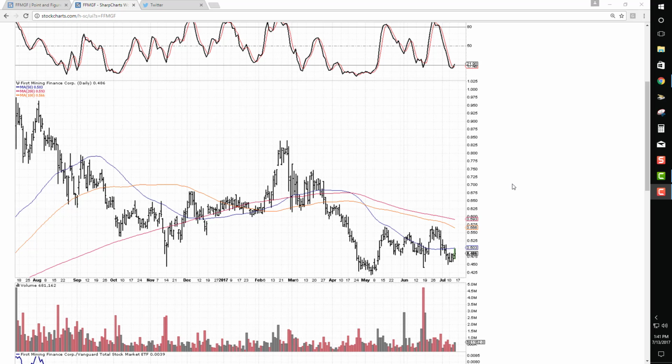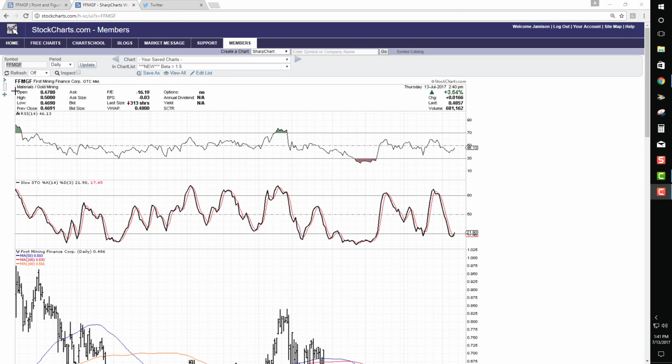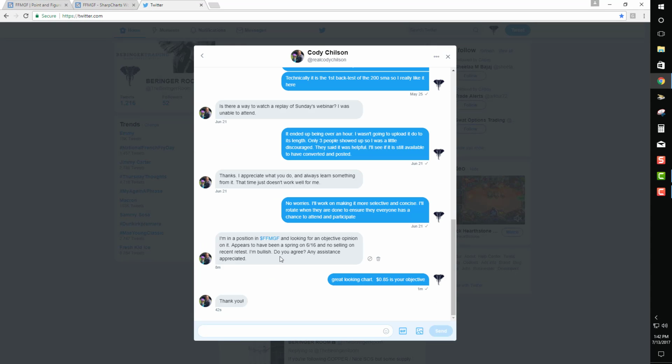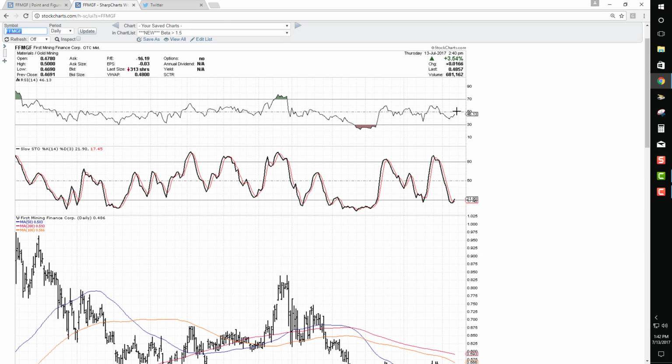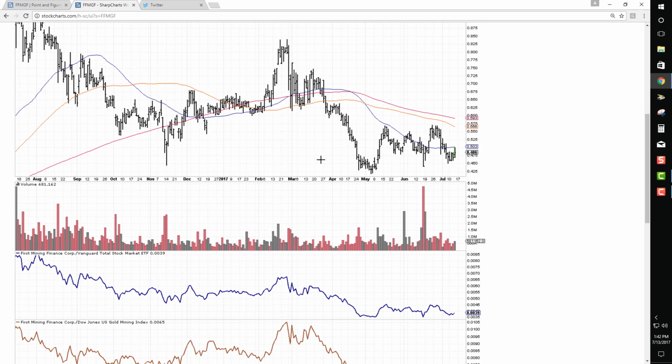All right, Cody, this is your daily vertical bar chart of First Mining Finance Corp. This is the same ticker, I believe, FFMGF. Let's take a look here. Yes, sir. All right, so we do have an improving RSI. The Stochastics is actually getting ready to give a buy signal, but really what stands out is we do have this